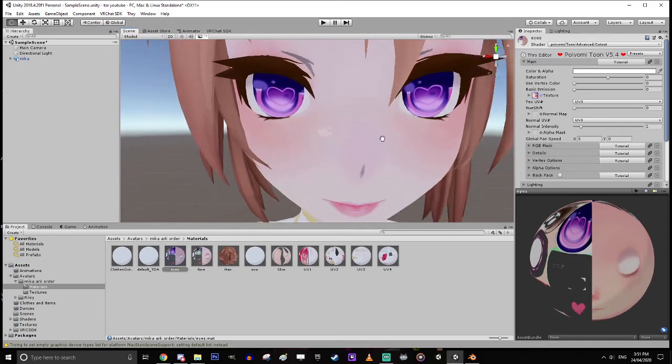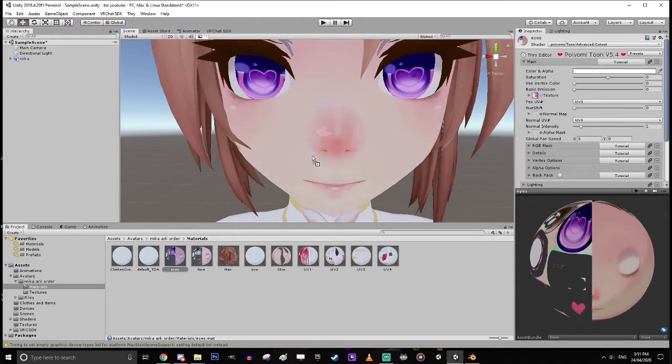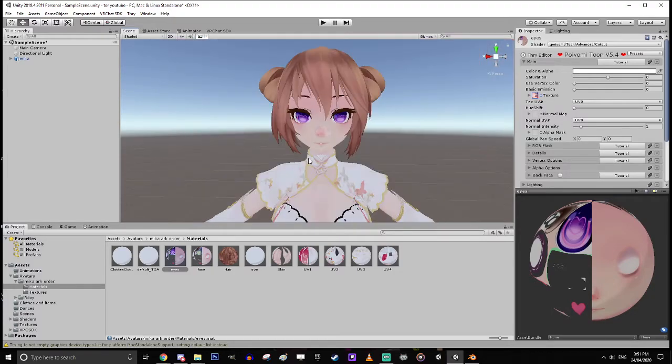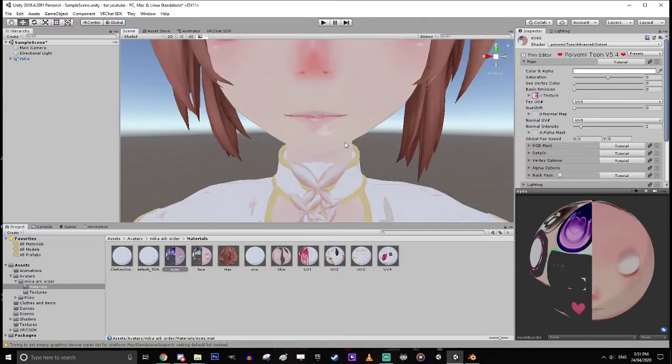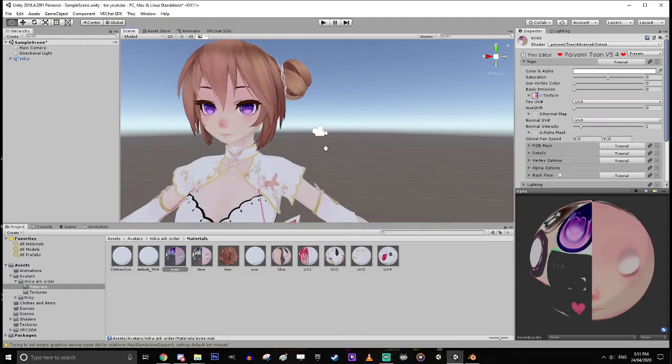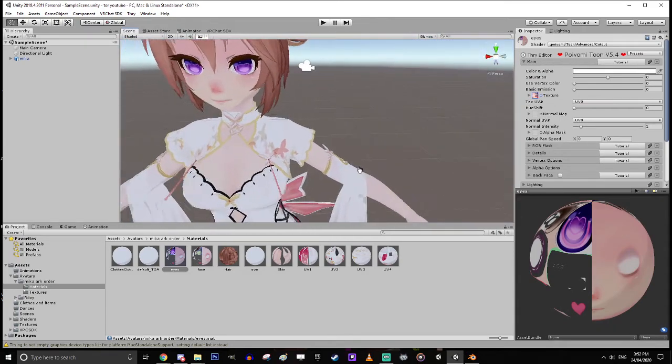There we go. That's now got some eyes on it. So you'll notice actually if I drag it over the face, it changes the way that the face looks. So if I wanted more of a nose on the model, I could drag that on there. Which actually I don't mind that either. That doesn't look too bad. Okay. So